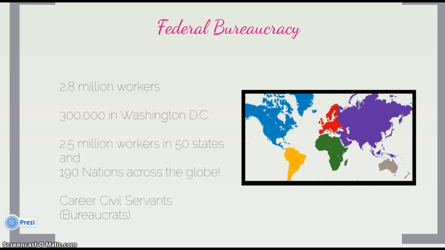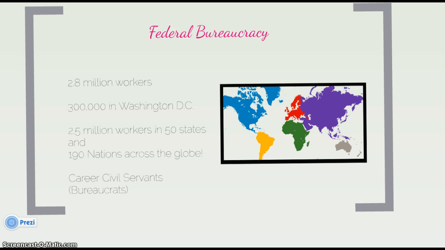When the president leaves office, the incoming president will then have the ability to appoint new political leaders, secretaries, to head up these various agencies and departments. So the top officials will only be around and in their position as long as the president is in office. But the rest of the workers, the vast majority of the federal bureaucracy workers, are career civil servants. That is, this is their full-time job. Now, we're going to get into a little bit of the history of the federal bureaucracy and some of the reforms in the next slide.